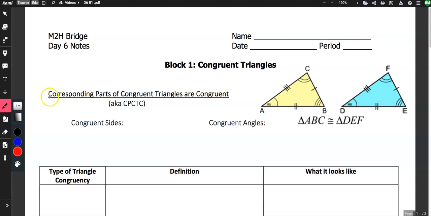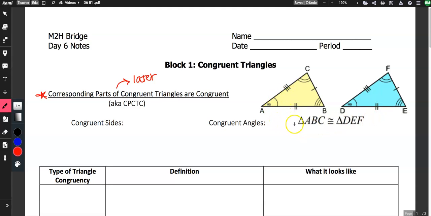There's this big statement at the top here: corresponding parts of congruent triangles are congruent. That's all I'm going to say about it now, because we'll talk more about this later in another lesson. We'll get into all of that. It's pretty straightforward, but we don't need to worry about it today. What I really want to talk about is this picture over here and what it means for two triangles to